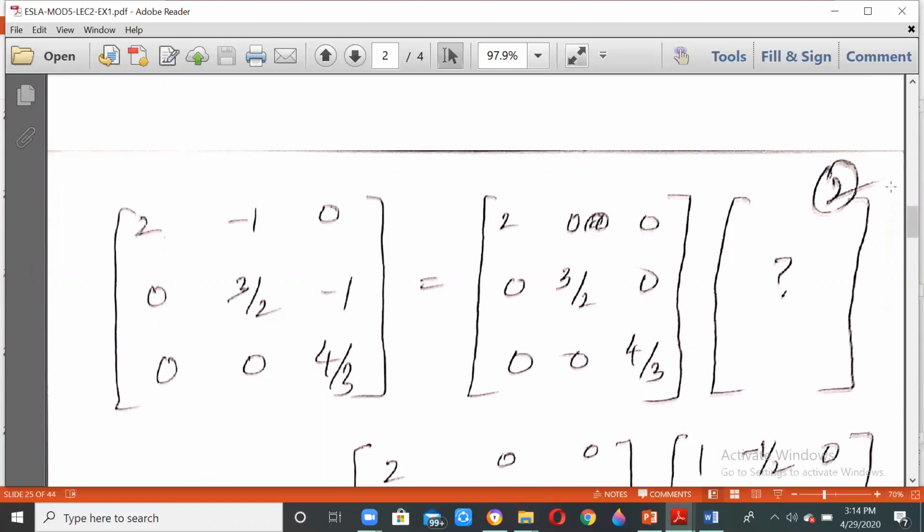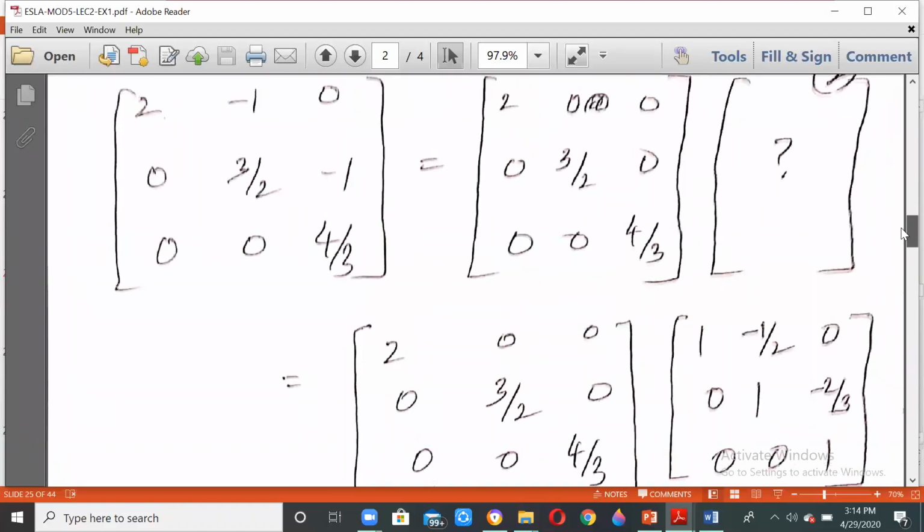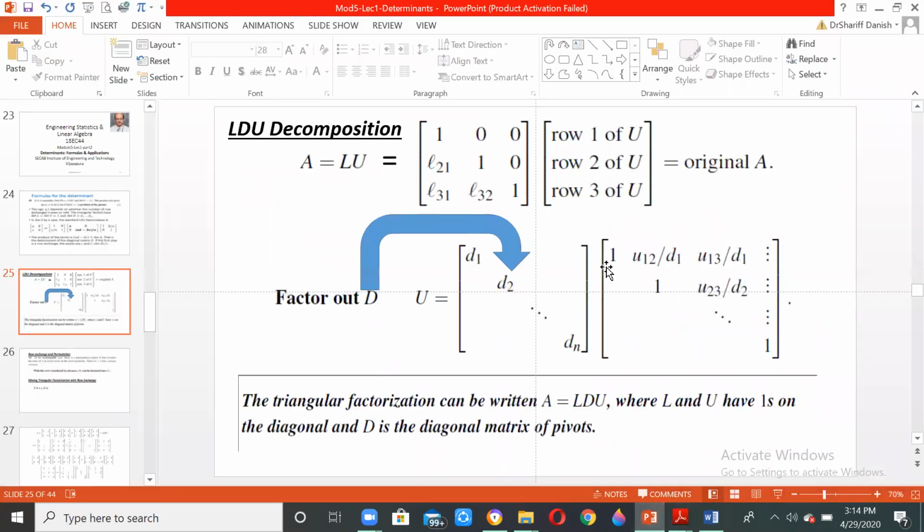LDU. So to get that, it is natural that we need to use the formula which is written over here. So you have here in the U, U12, and that should be divided by D1. You have U13 in the U, that should be divided by D1. So all row 1 elements should be divided by D1, leaving the